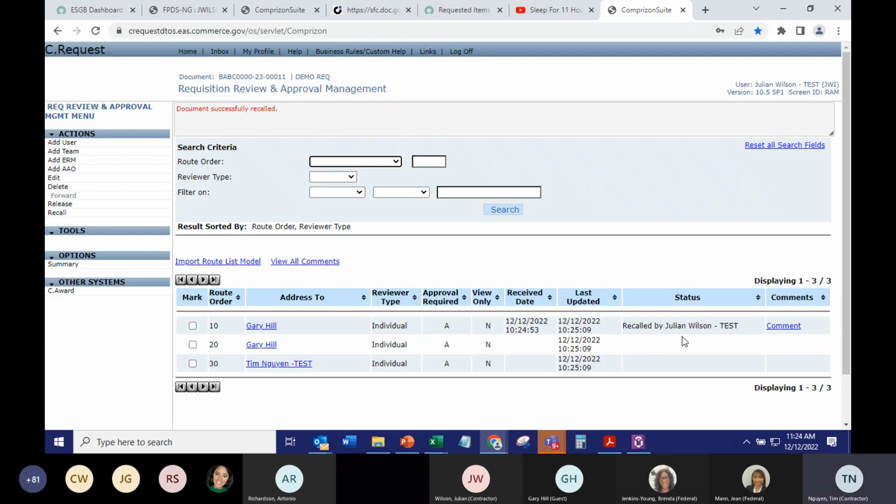So in that example that Julian just mentioned, he released it to Gary for review, but then he wanted to make some corrections, so he recalled the route from Gary. The system's automatically going to create a duplicate route under that same person that you just recalled it from. So that's why Gary's on here twice. If you need to remove somebody from that route,